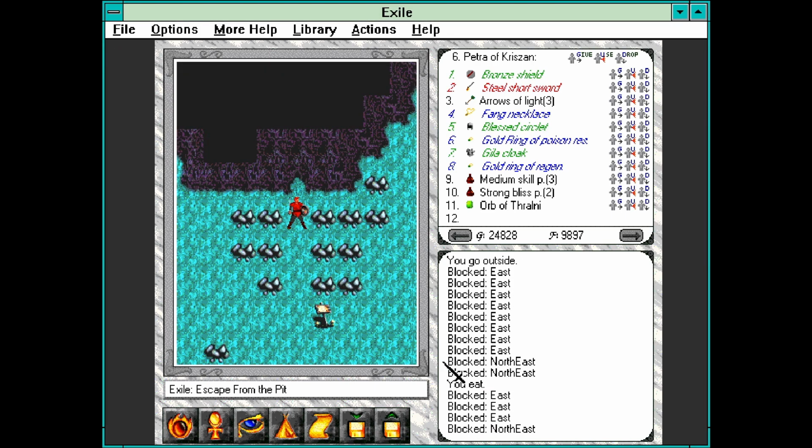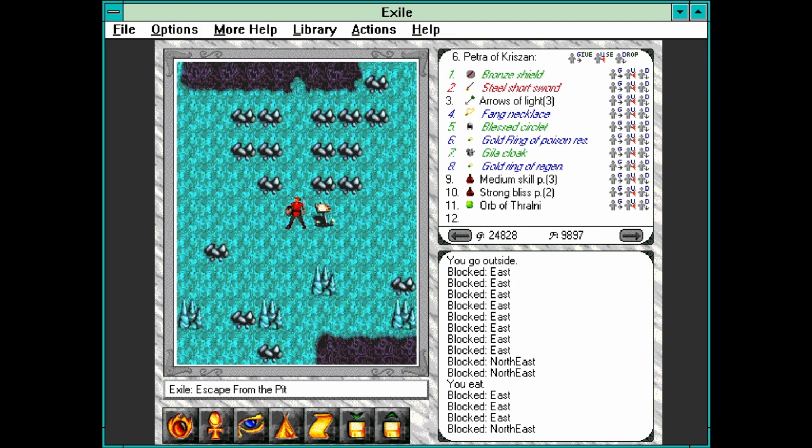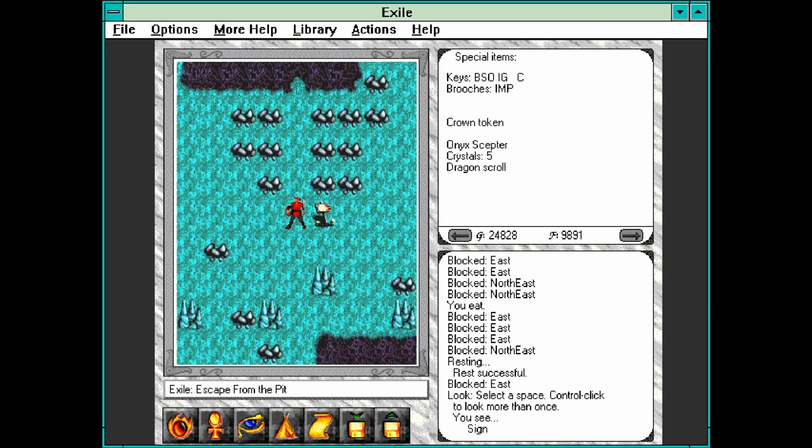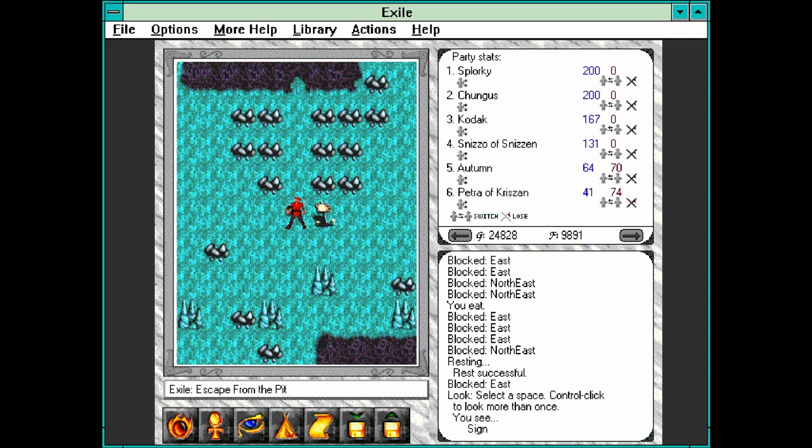Okay, so we are back, and we are now at... oh, I didn't mean to press that. We are at the Lair of Pyrog. Leave offerings at the entrance. So, hopefully this is a cool place, because, again, this has probably been the most disappointing episode I think I've